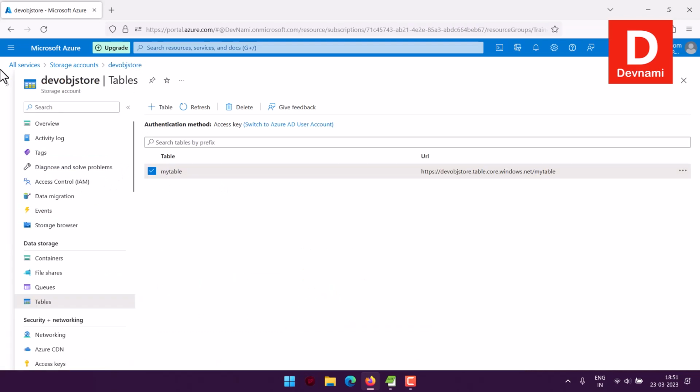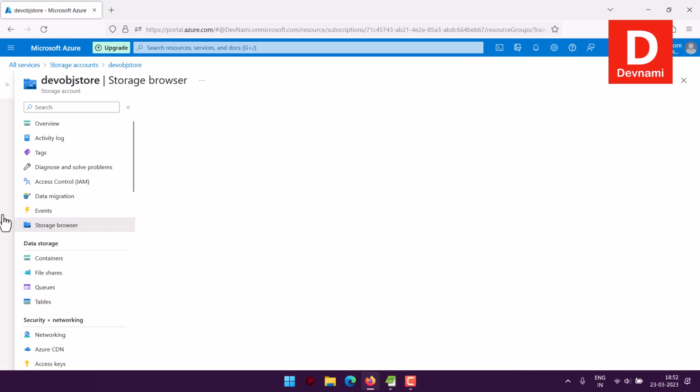If we go back again here, we can also do the deletion, right? So currently I have access key as authentication to access this, but you can also use Azure Active Directory and get to access this. So let's say if I want to further modify and remove this table, I can go to storage browser